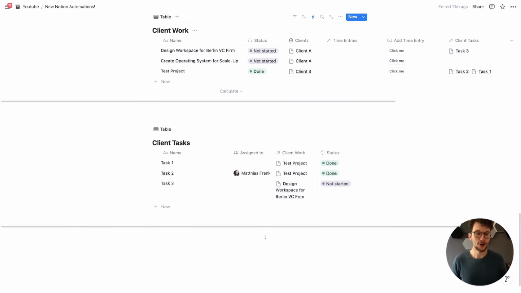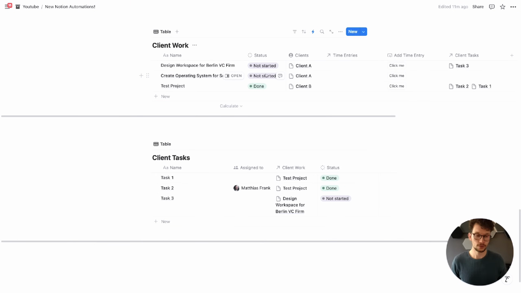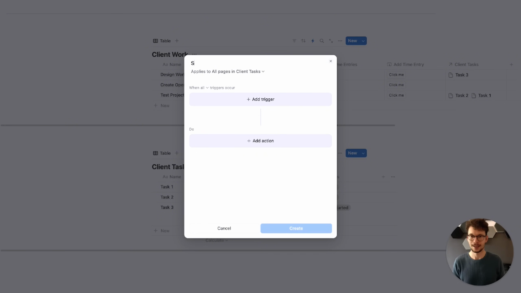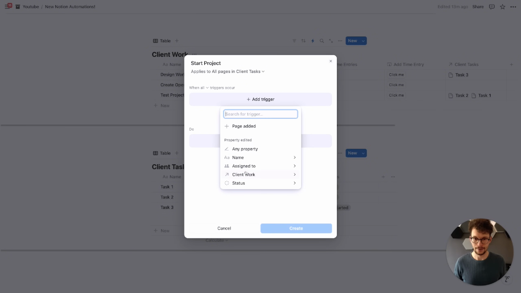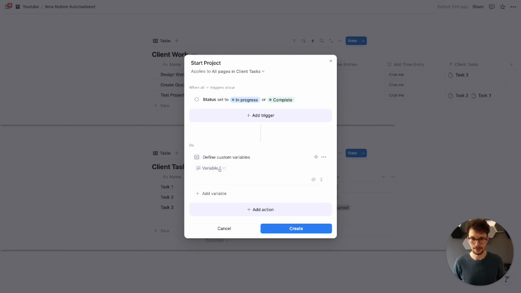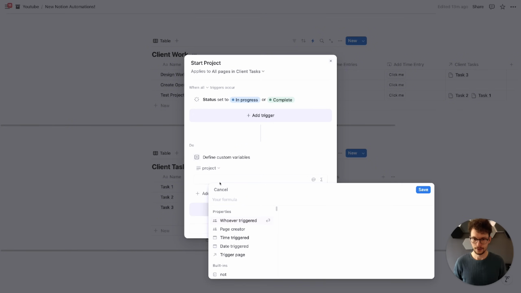And now quickly, the corresponding automation. The other way around, we of course might also want to set a project to in progress the second we start working on any single task. And that we can do the other way around. So we go here on the task level, we create an automation, start project. And here the trigger will be that we have status is changed to anything but to do. And then on the action side, again, first we need to have a custom variable in order to pull in the related project. So I want to say project, and that will be from task,